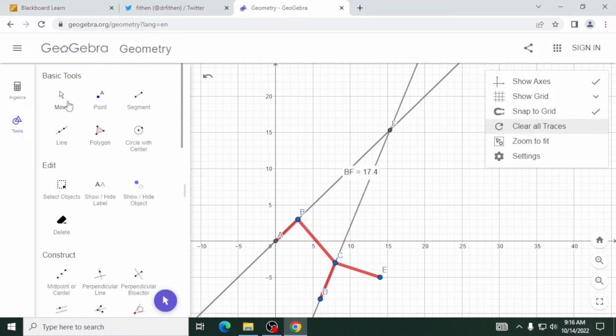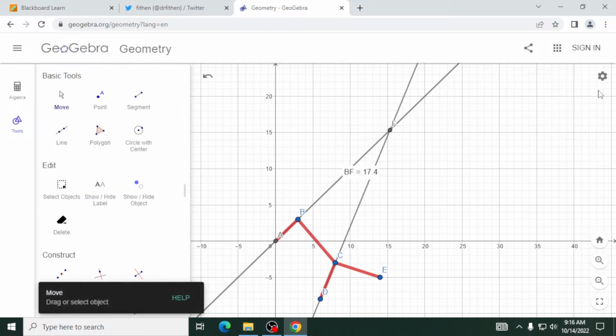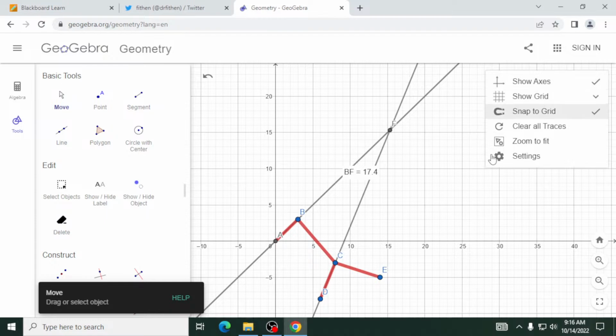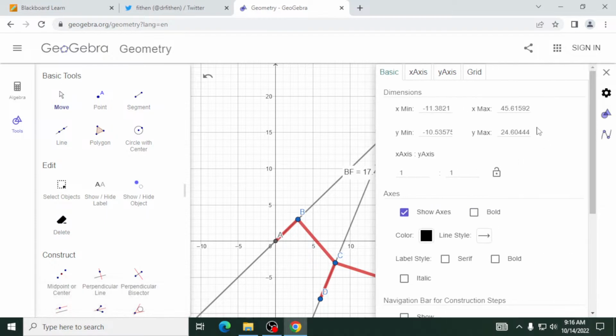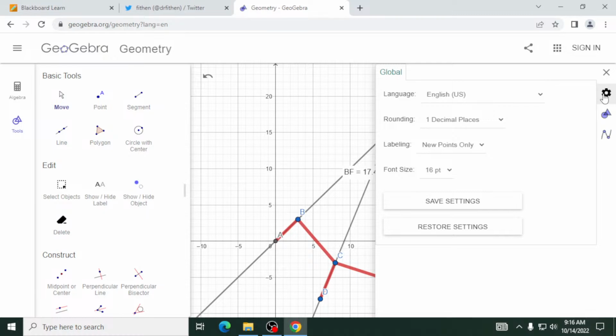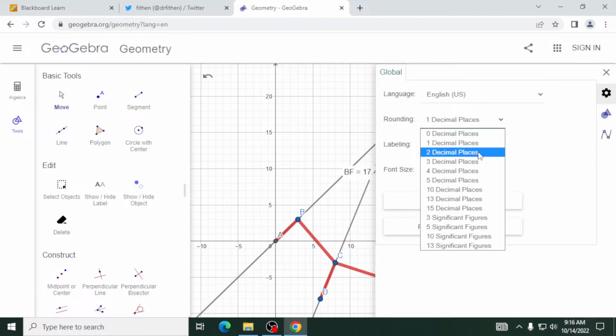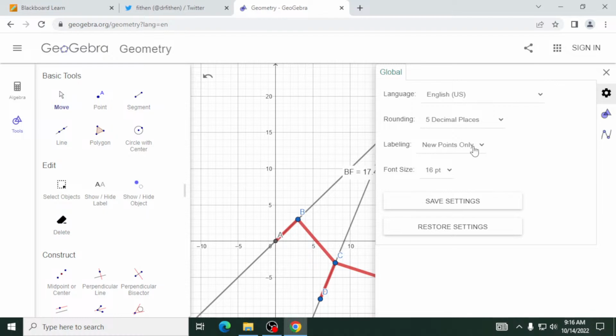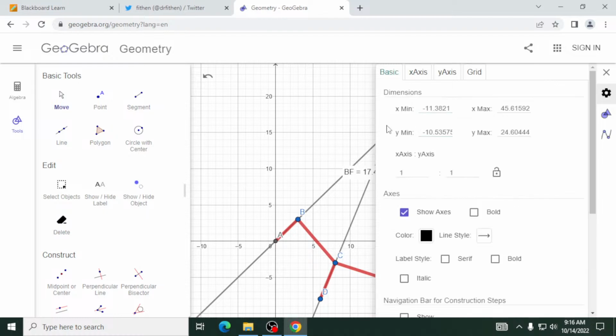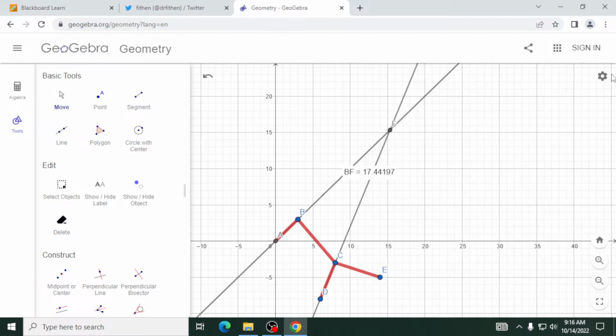So let me go back up here to more, settings. It comes up with something here. This 1 decimal spot, let's be ridiculous. So it adds more decimal spots. So B to F is